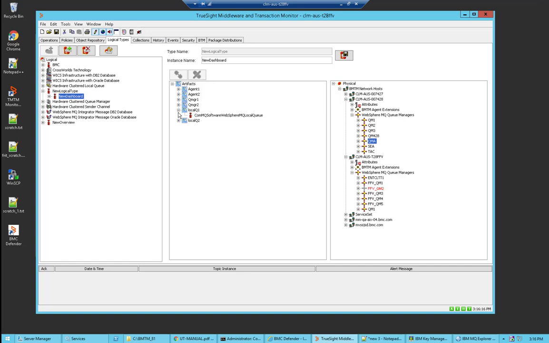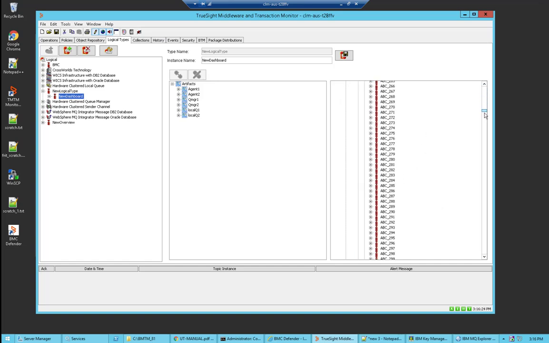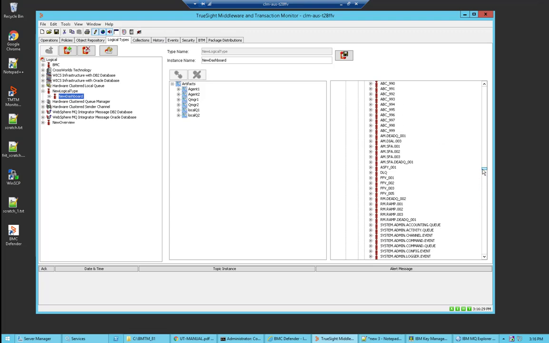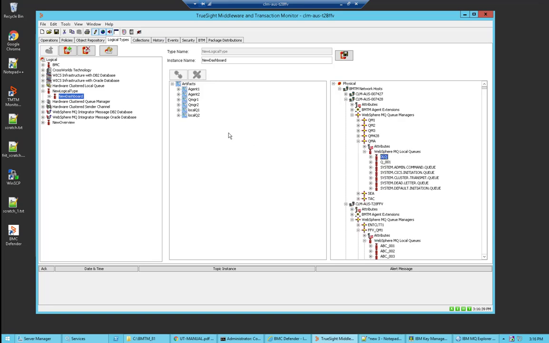And then we'll do the local queues, the same thing. We'll drill down into here and we're going to select the DL queue because that happens to be the queue I want to use. Like so. We'll make the association. And then the last one was this one, local queues, and there's DL queue, local queue 2, and make the